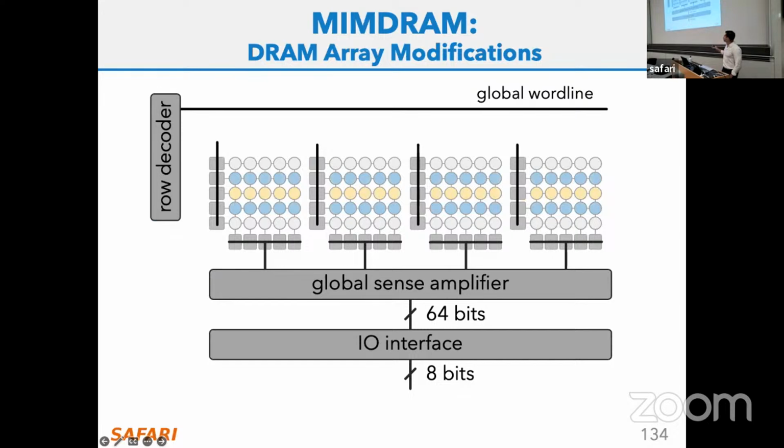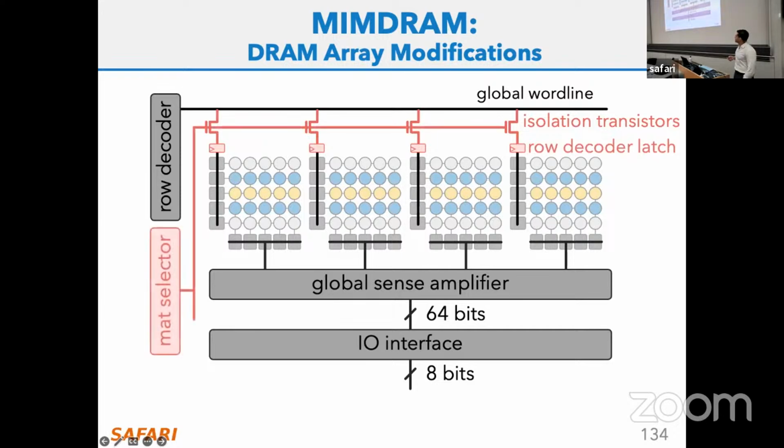So I'm going to briefly talk about the hardware modifications that we do to realize this substrate. Inside the DRAM subarray, what we need to do basically is to segment that global word line that I mentioned before with some isolation transistors and some latching so that I can address each one of those DRAM mats as I want. And I need to have some selector logic to tell which one of those isolation transistors are going to be asserted during the process of using DRAM computation.